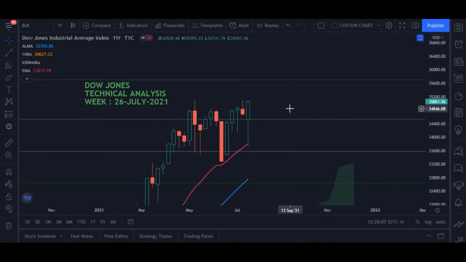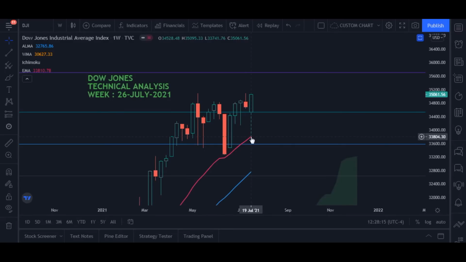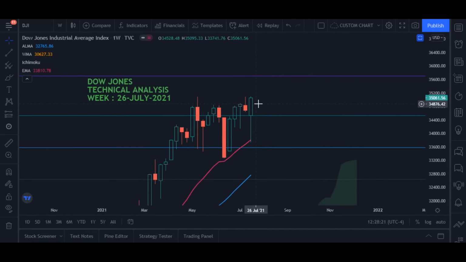So on the weekly chart, some of the indicators are saying that there is a bull trend, and through this analysis also, because it bounced back from its moving average. So yes, it seems like there is a bull trend, but again there is a catch, and the catch is that we have this very heavy confidence zone. Until and unless the index crosses and closes above this particular price, 35,091,